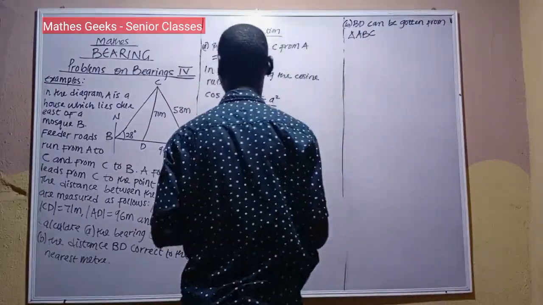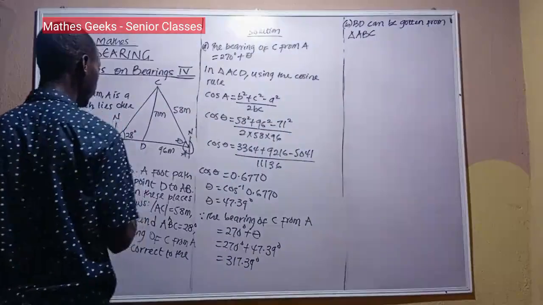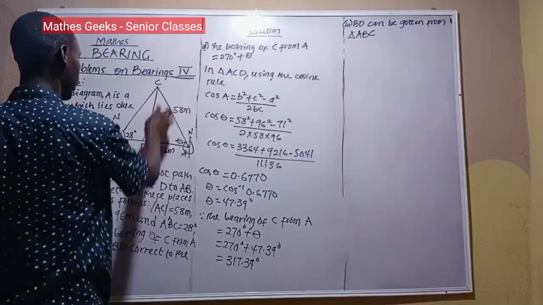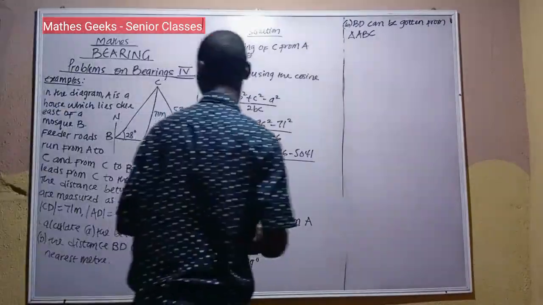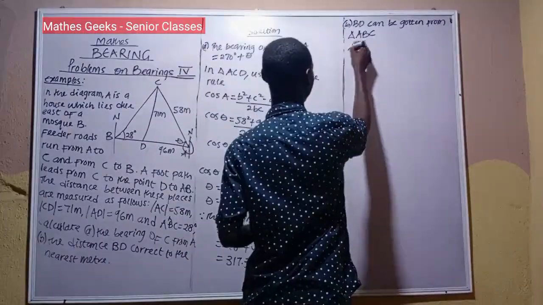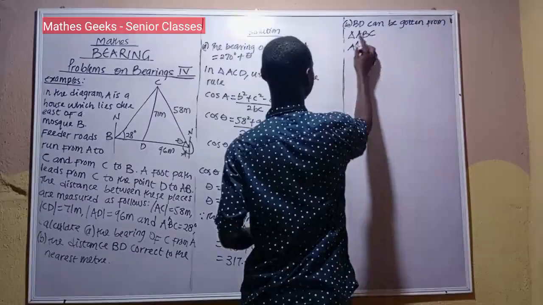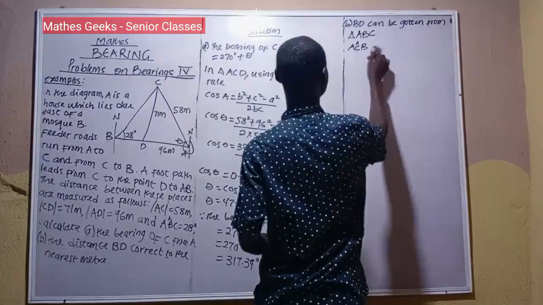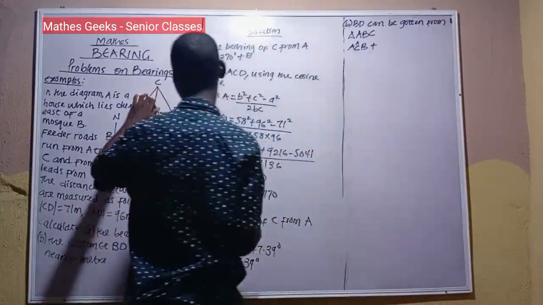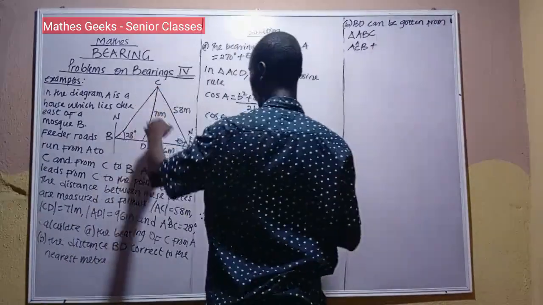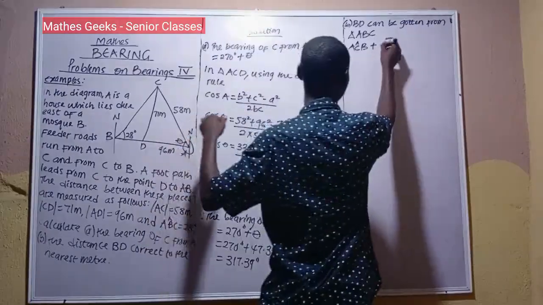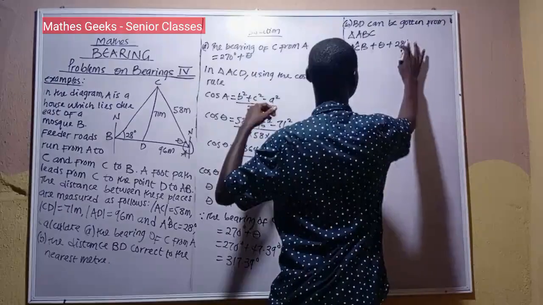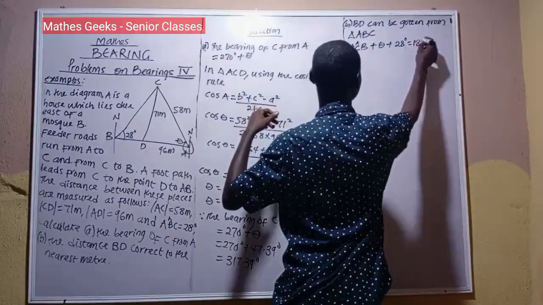For triangle ABC, we know this angle to be 47.09. So let's get angle C. Angle ACB, which is C, plus theta plus 28 degrees equal to 180 degrees,